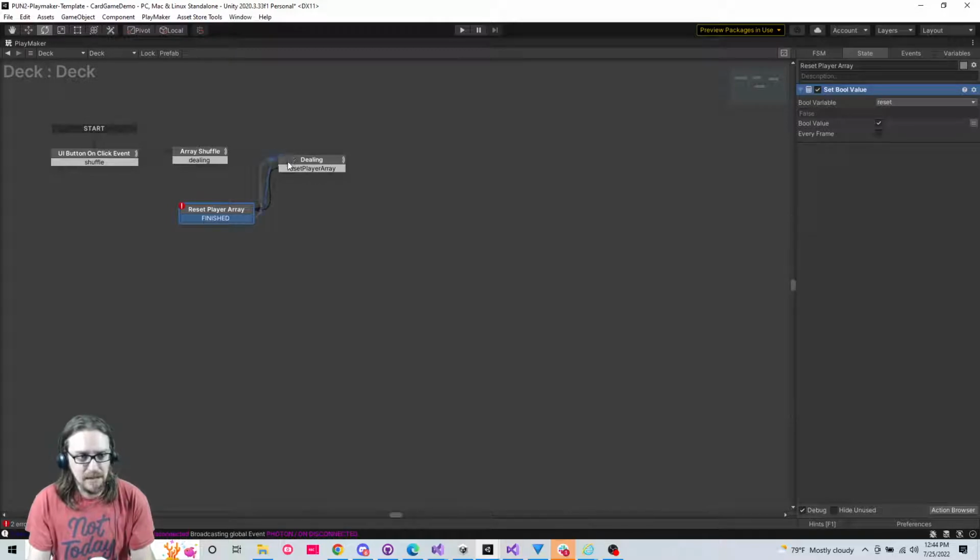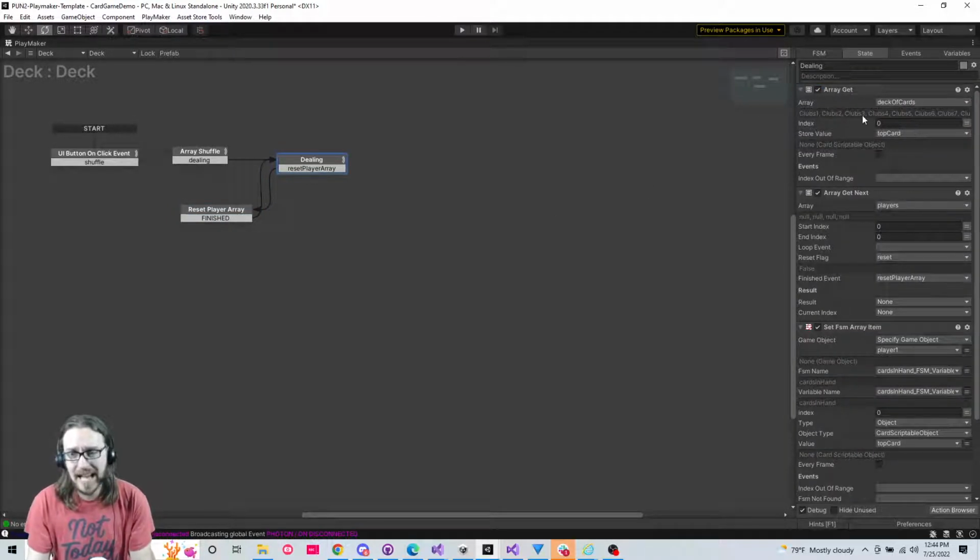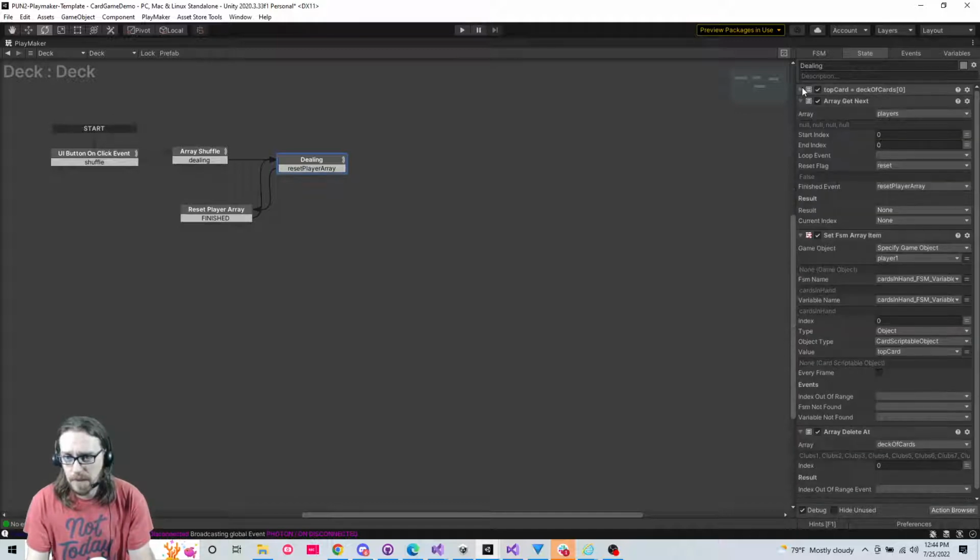We're going to go back to continue dealing. So what's going to happen is we're going to get the top card from the deck of cards. Ooh, nice. I love it when it autofills like that. And then we're going to get the next player in our array. And then we are going to